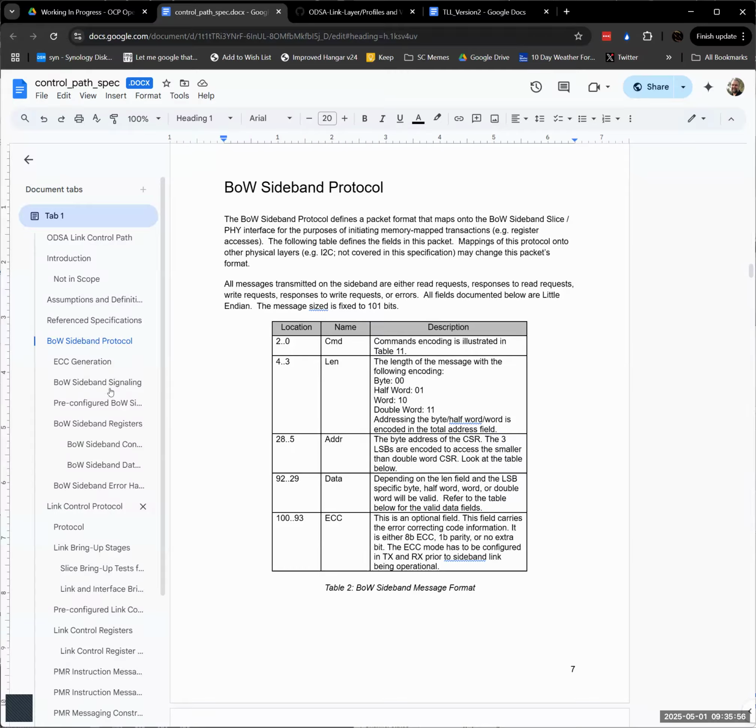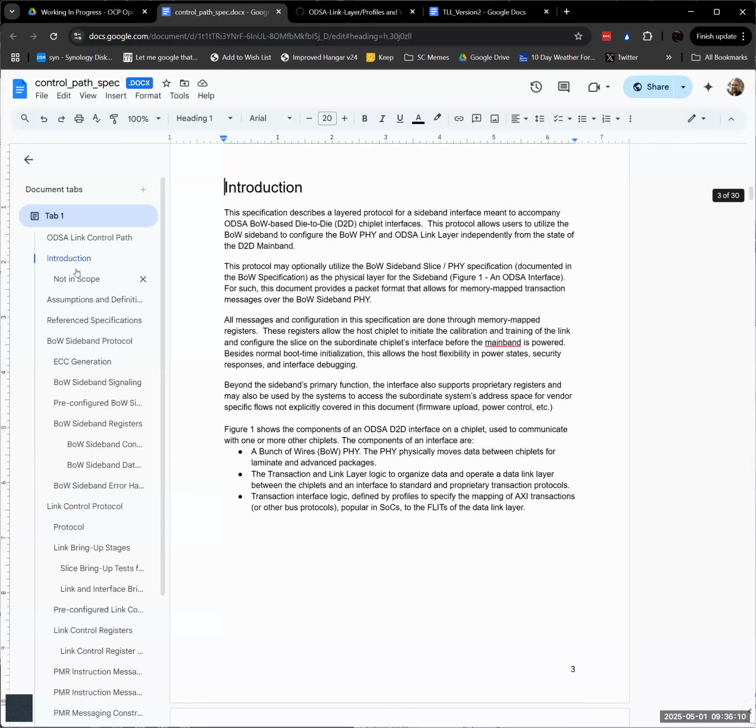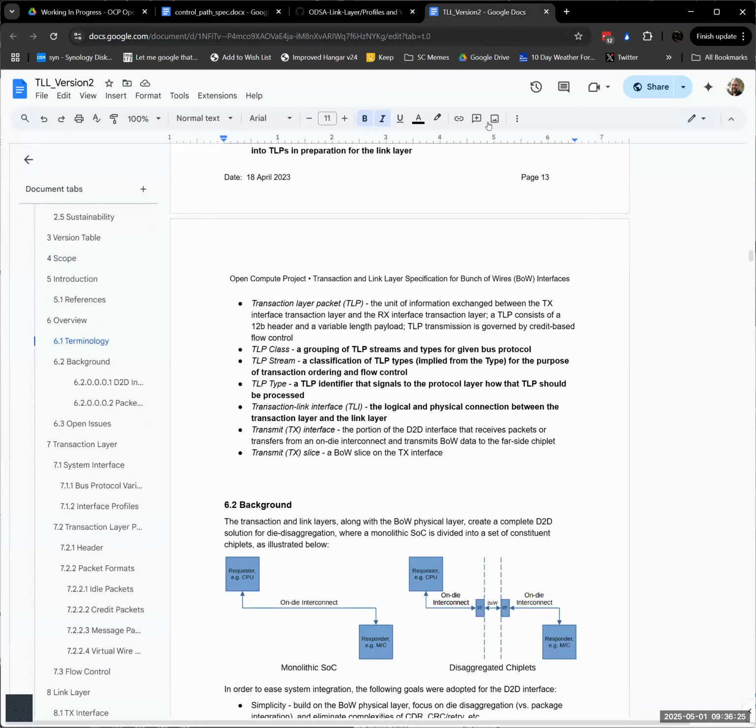Then they're basically separate layers in the sideband stack, which matches the format of the other transaction link layer document. So I'm keeping those as chapters, and then I'm going to merge the introduction, splitting it up into the introduction that's in the TLL, and then into the separate subsections where that doesn't make sense. And so going back to the TLL,